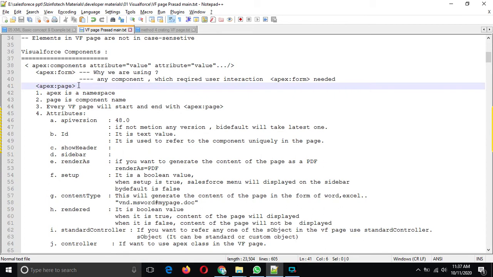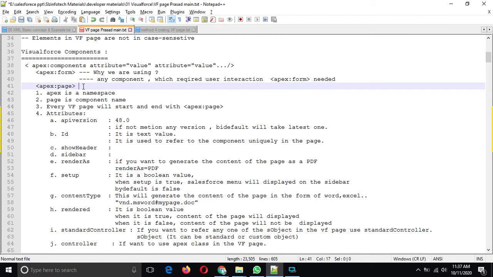This is provided by Salesforce. If you are designing any single page in Visualforce, the system embeds it and makes it available for you by default. So apex page is the opening tag and closing tag.